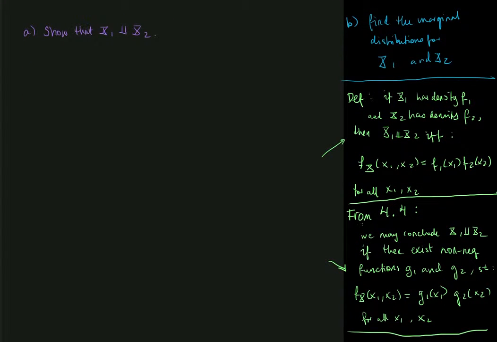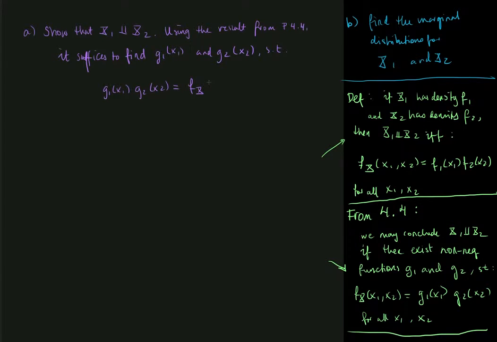And as we noted before, using the result from problem 4.4, it suffices to find g1 of x1 and g2 of x2 such that g1 of x1 multiplied by g2 of x2 is equal to